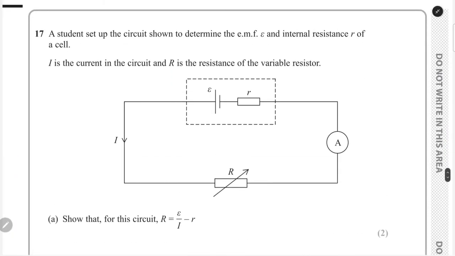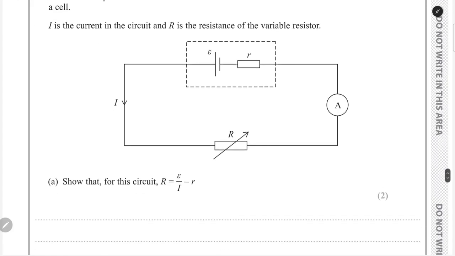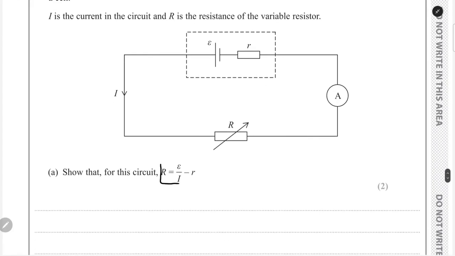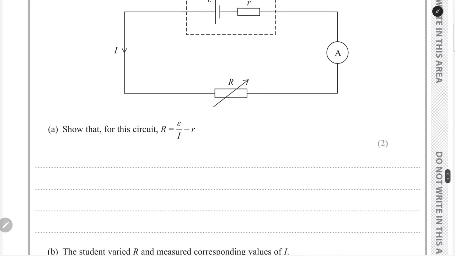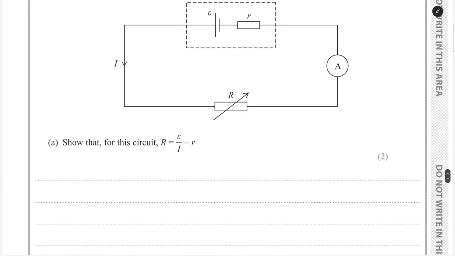Now moving on to question 17. We have to show that for this circuit, the resistance is this expression over here, the EMF divided by I minus the internal resistance. We can use Kirchhoff's second law over here, that in a closed loop, the sum of EMFs is equal to the sum of potential differences. Over here, EMF will be